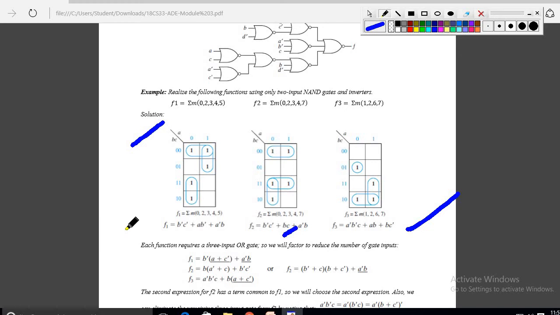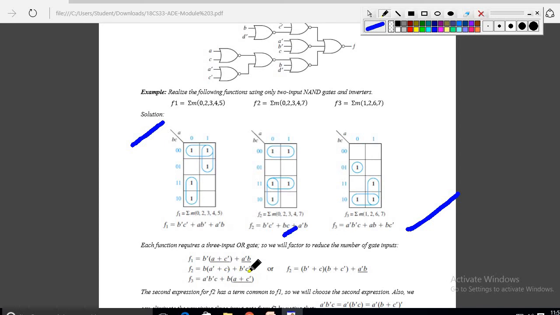So once you get all the three expressions f1 f2 f3, I need to make them again, because I need to reduce the number of gates. For that reason I need to take the common terms here. I'm taking common terms here for this expression f1. Here I'm taking b bar as common from these two, so b bar is a bar plus a plus c bar and plus a bar b. So here I'm taking b common here, a bar c plus b bar c bar. So in this case I'm taking b common, so a plus c bar, a bar b bar c.